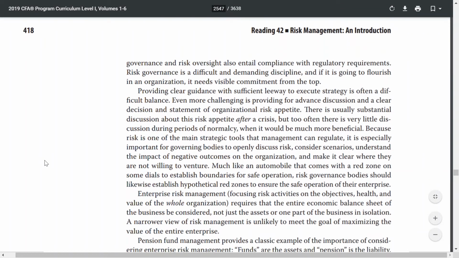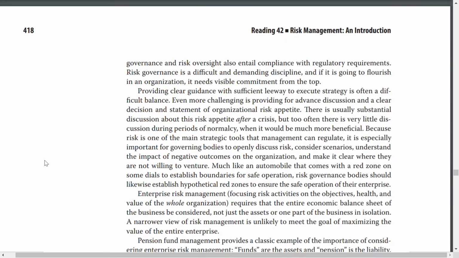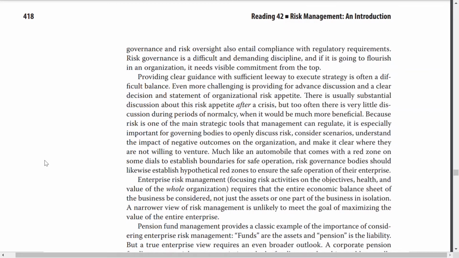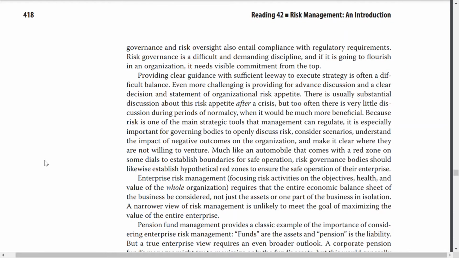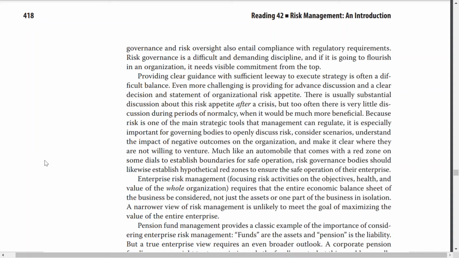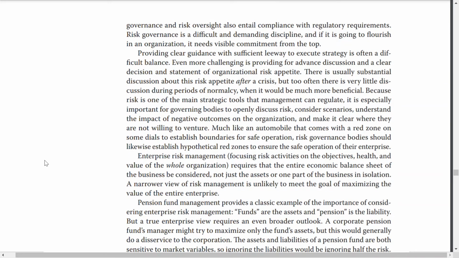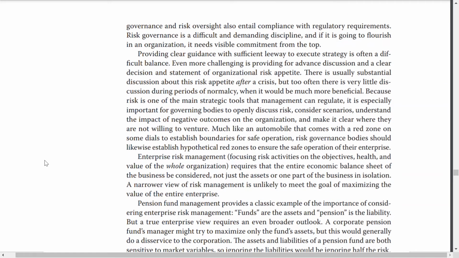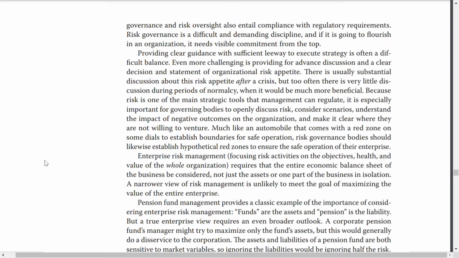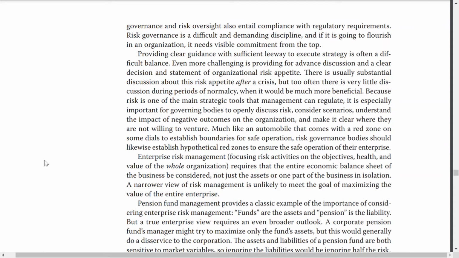Providing clear guidance with sufficient leeway to execute strategy is often a difficult balance. Even more challenging is providing for evidence discussion and a clear discussion about the risk appetite after a crisis, but often there is very little discussion during periods of normalcy, when it would be much more beneficial, because risk is one of the main strategic tools